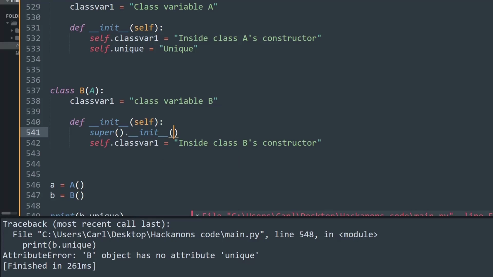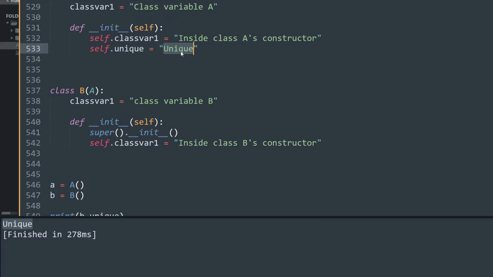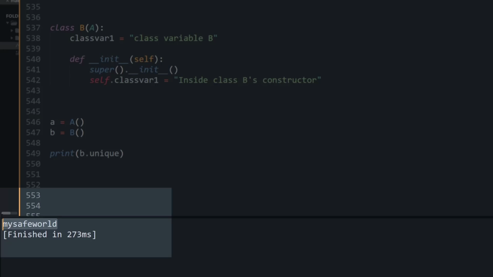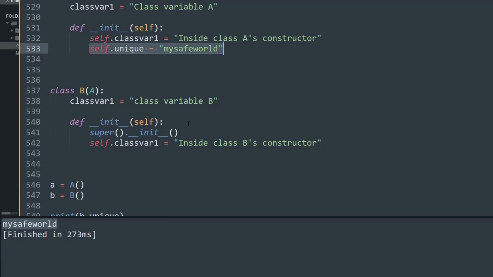Basically we are initializing the init method of the parent class A. Now if I run this code, as you can see, it prints b.unique, and that is visible in the output window. If I change this, let's say to my safe world, just a random text, and now if I print it, it simply says my safe world. So we are accessing self.unique using the super method.